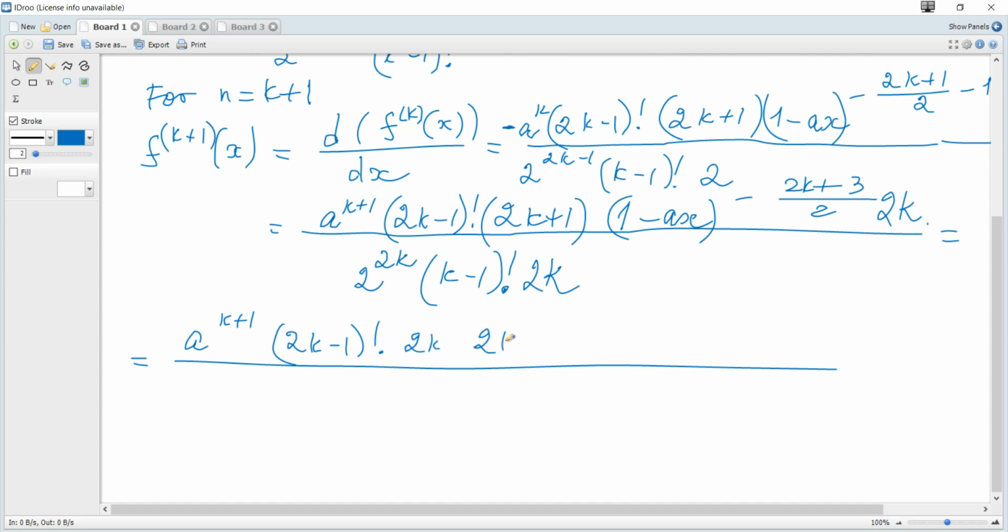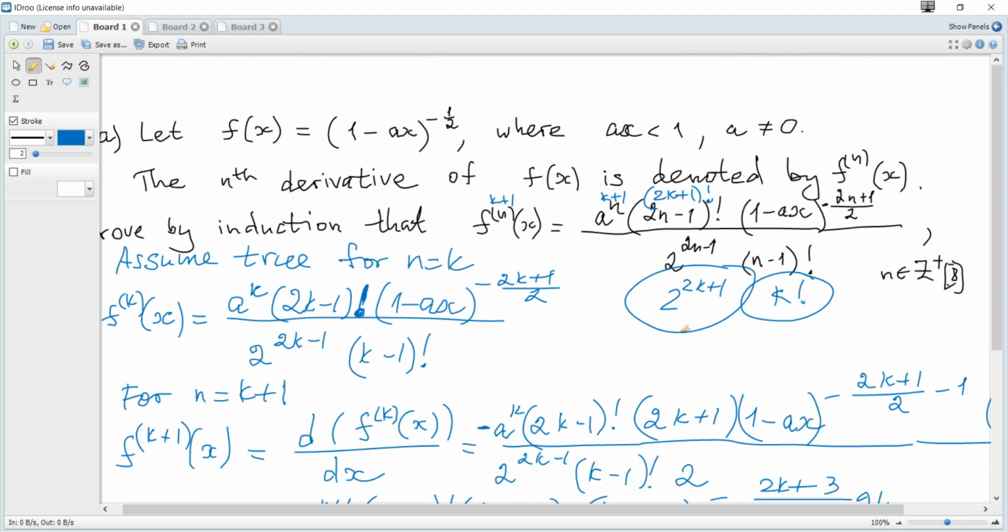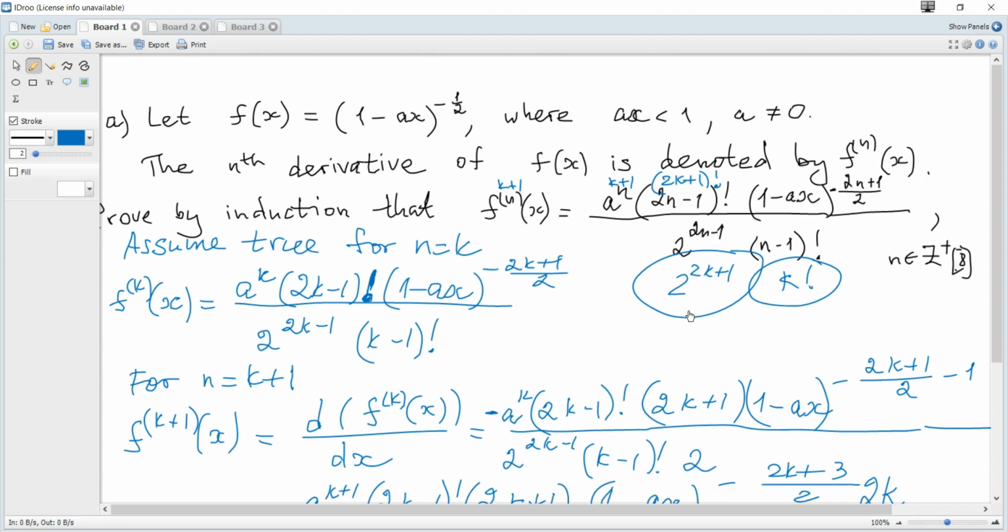2k plus 1, just 2k plus 1, this 1 minus ax, negative 2k plus 3 over 2, and this becomes 2 to the power of 2k plus 1, and k minus 1 factorial times k, it's just k factorial. So the denominator is as required, and we need 2k plus 1 factorial to be in the